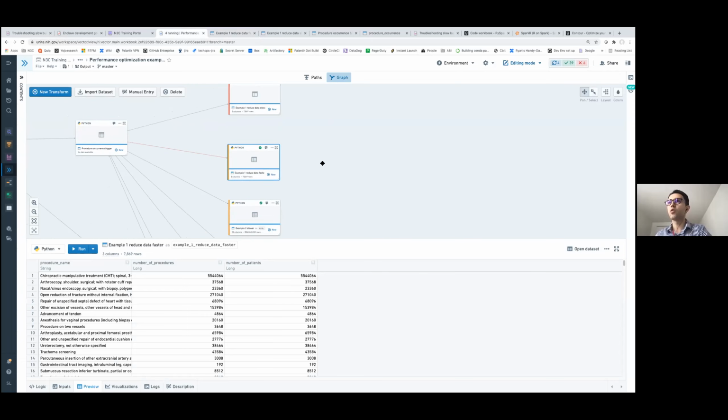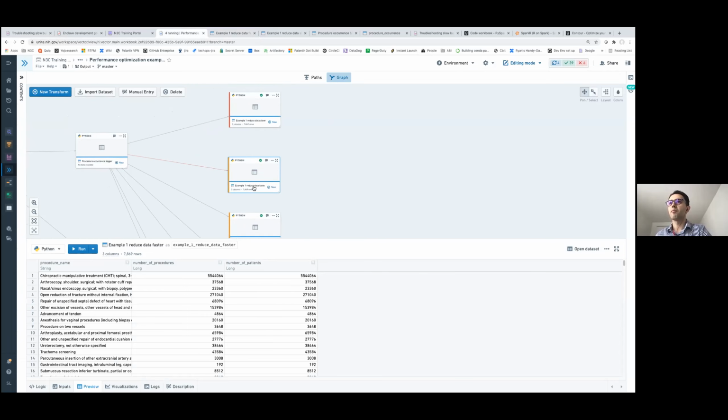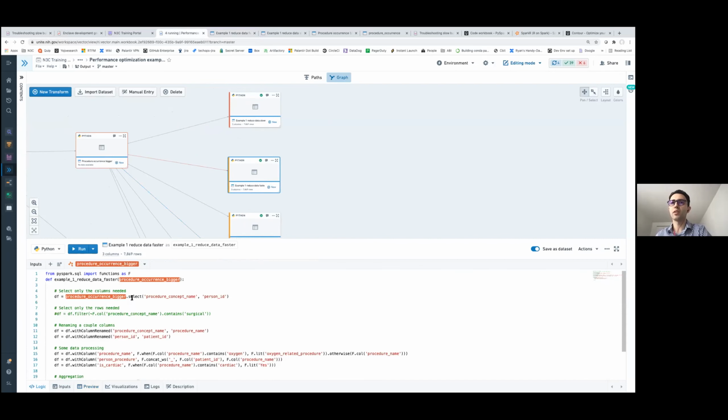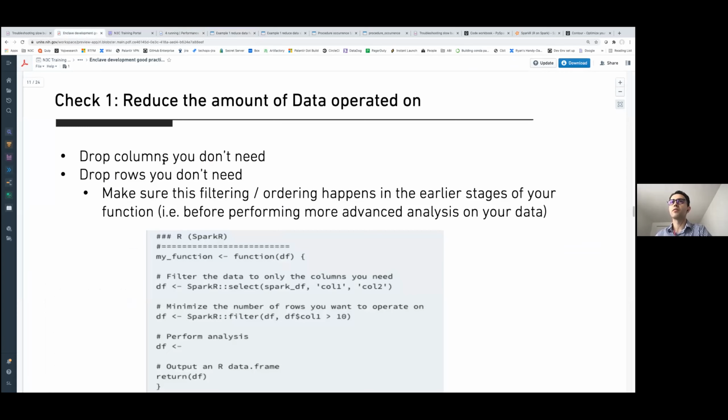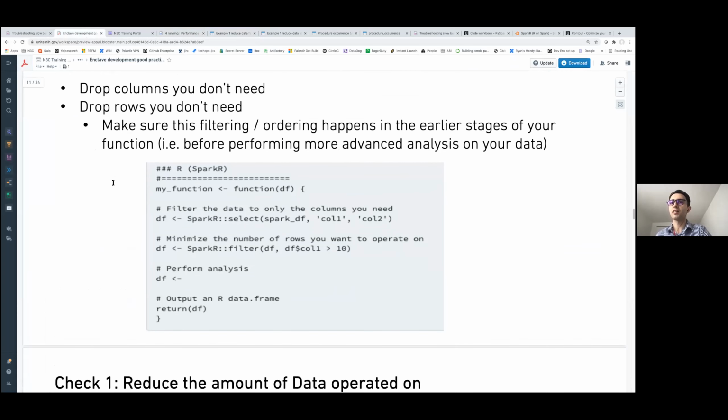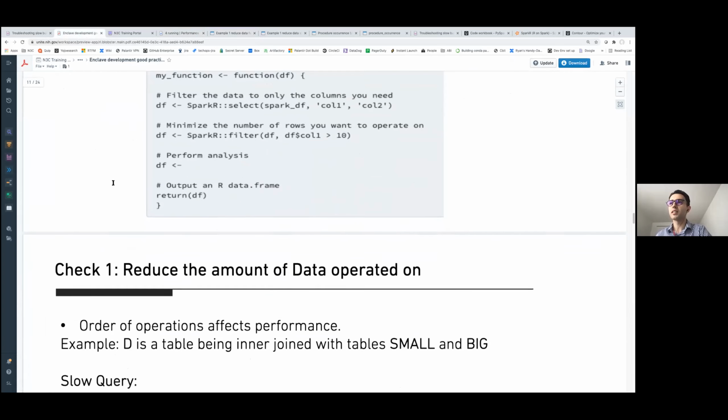So the takeaway here is filtering to only the data you need by dropping the columns that you don't need and doing all the filters early on, and then applying your data processing. So that's the first kind of check that you want to look at.